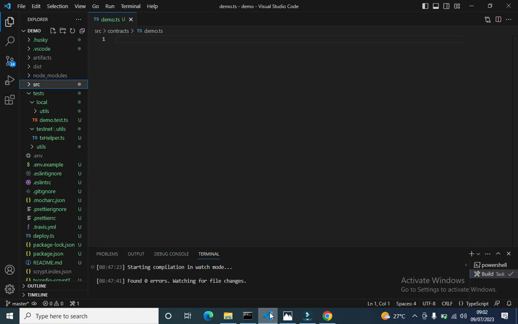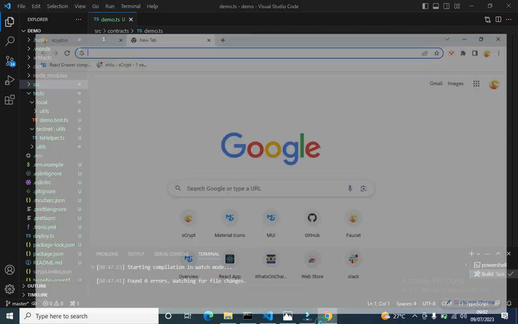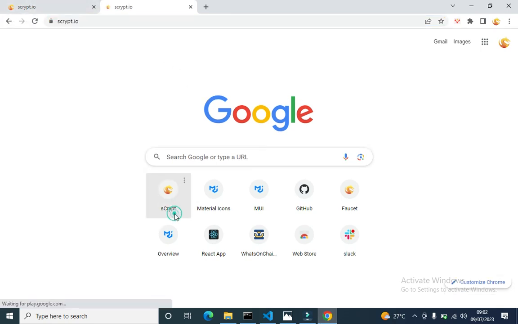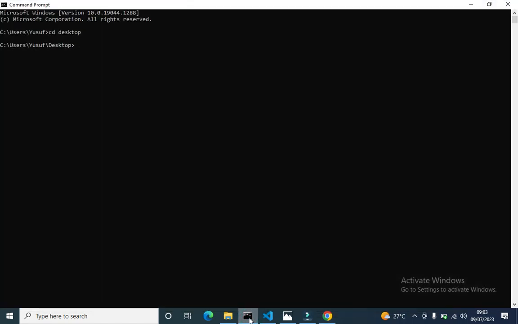Git. Then you download the CLI and download the project, then you start it. You can visit the official website of sCrypt by visiting sCrypt.io. So let me visit the site. Oops. This is the official site of sCrypt, and it seems to be not reachable right now, so you can check it later. So after installing Node.js and Git,